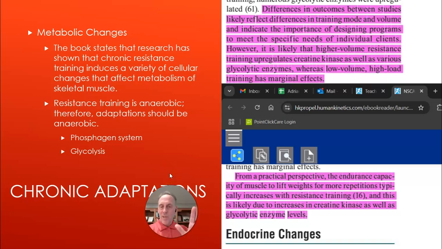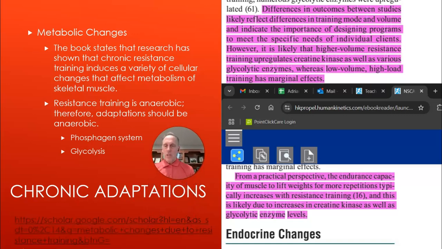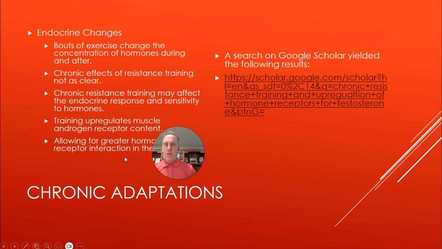All right, I digress. I'm going to go back to the presentation. So with that, let's go ahead and get moving. I'm going to scroll myself out of the way if you want to do this. You can go ahead and look at metabolic changes due to resistance training if you want on Google Scholar. I cut and paste it right in here for you so you can review that. Let's move the heck on.